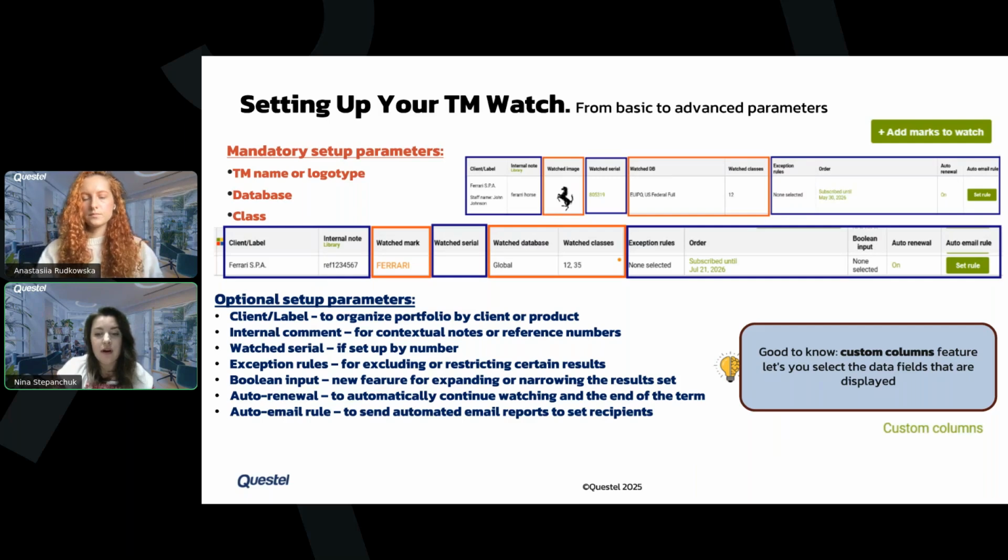There are additional data fields that you can see after clicking on the custom columns link that you typically have above your results spreadsheet. The menu that opens then allows you to rearrange and enable the columns that are of interest to you. Some of the interesting features that you do not see by default when you go to your account today, unless you enable them specifically through these custom columns, is the Boolean watch input that we'll cover further on,